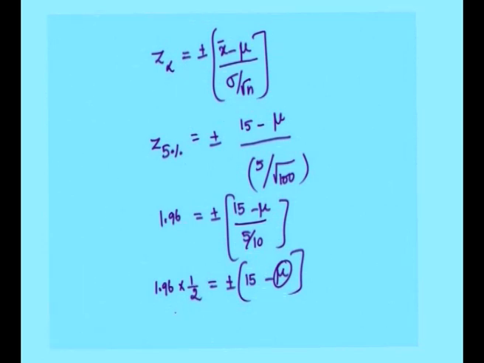It becomes mu is equal to 15 plus or minus 1.96 by 2, and the value of mu are one value with adding 15 with 1.96 by 2 and another value by subtracting with 1.96 by 2. So, what is that value? 0.98. So, that is mu is equal to 15 plus or minus 0.98,